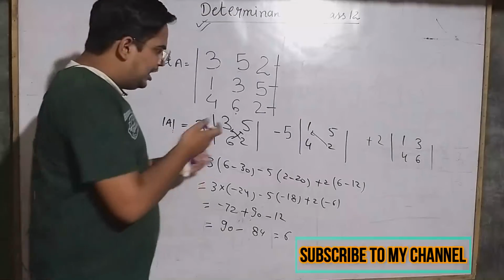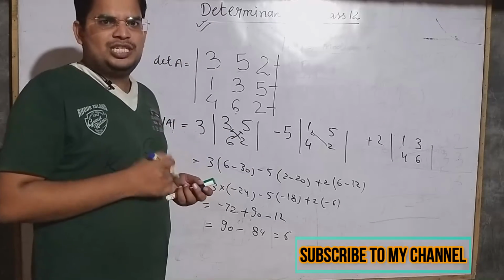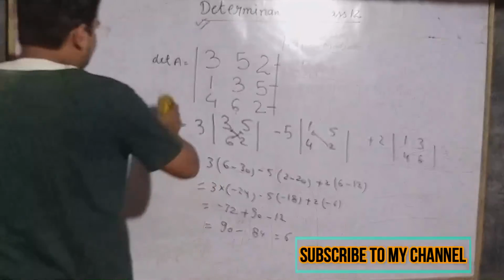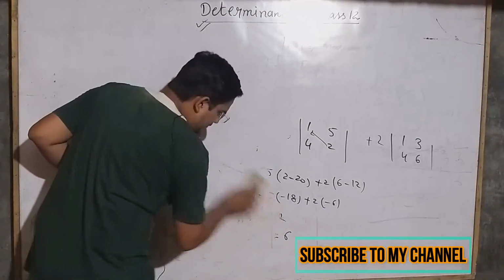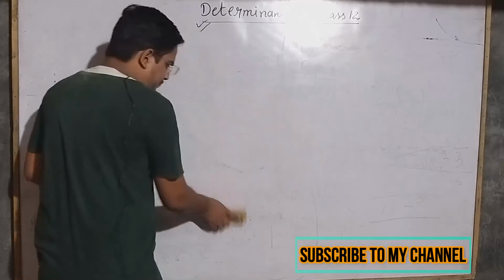Okay. So I hope all of you understood how to expand any determinant of 3 by 3. So I am going to tell you the next process. Just a second. Now I am going to erase it. First of all, I will erase this and then I will solve the remaining part. Okay, I will tell you about the other part.